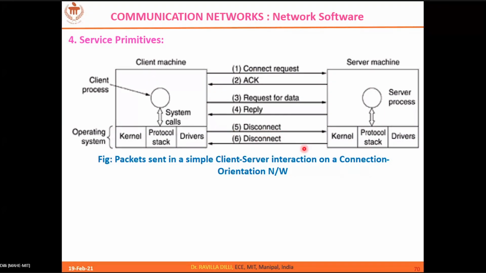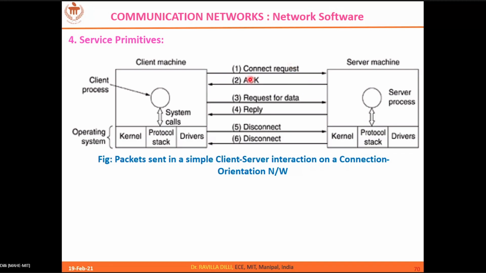For example, I am downloading some YouTube video, some movie. I will connect to the YouTube server, take the download link, paste it somewhere, and the download is happening. From my client side, I can close the connection, right? I can close that window. So this disconnect will be executed, but there is still something coming from the server end. The downloading is still happening. It will be closed when the downloading is completed. So the point is that when you close from client to server, it doesn't mean that the connection is also closed from server to client. Need not be.